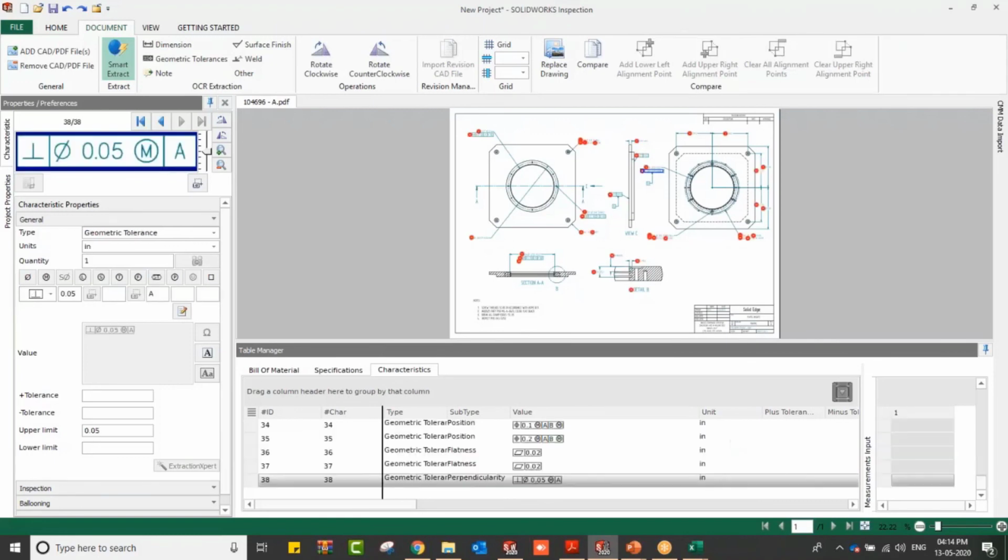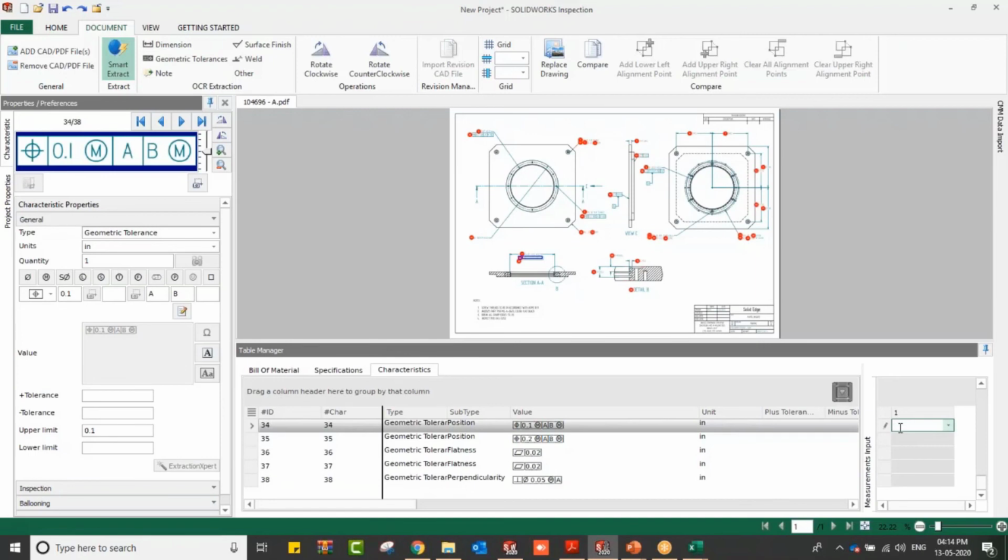Within a few seconds, it's ready. Okay, here you can see a column where you can input data and compare with the model. For example, I write pass,